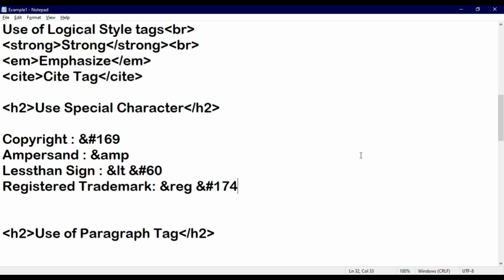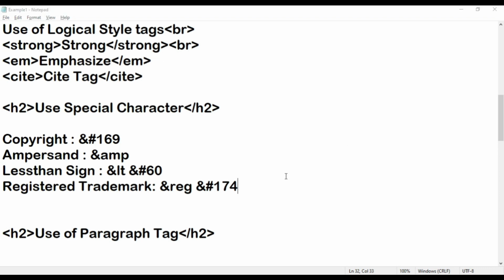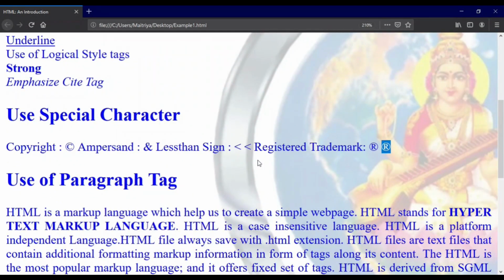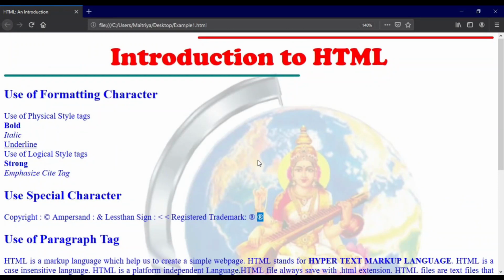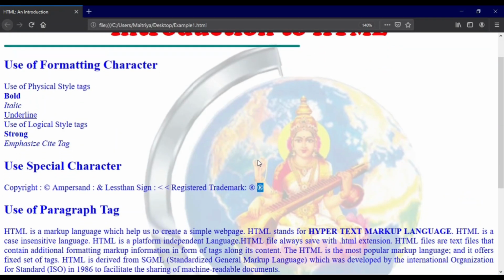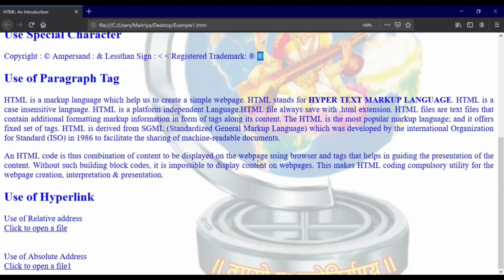So I hope students that you understand all these tags with their attributes, and try to apply them at home, try to practice at home whenever you get the time, so that your concept gets clear and it will be useful in future. As we still have to move towards two chapters based on HTML, and if this concept is clear, then it will be easy for you to understand. So in this way you have to display the output, so that you can also understand which tags and which concepts you have applied and what kind of output you get on a screen, right students?